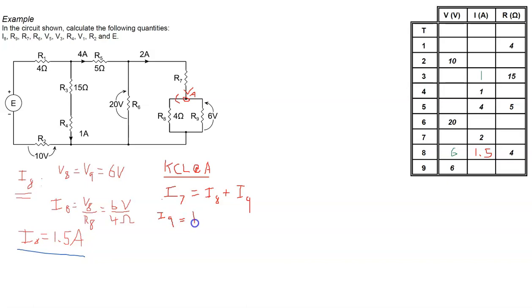And so I9 is equal to I7 subtract I8. And that gives us 2 amps subtract 1.5 amps. I9 is 0.5 amps. So we write that in our table,